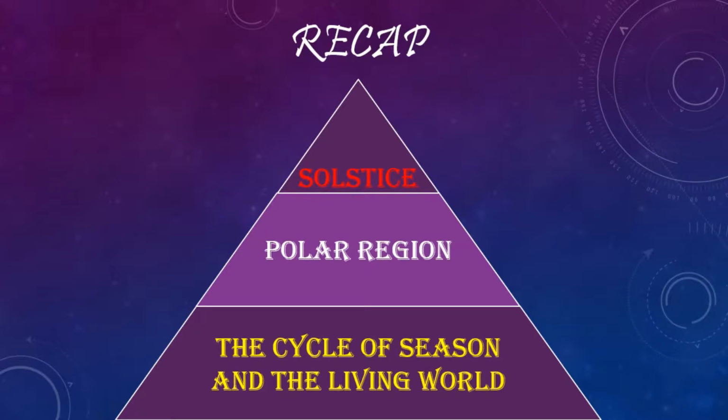Then we discussed the cycle of seasons and how it affects the living world. If the Earth's axis were not tilted, the seasons would not have occurred. It is the tilt of the axis that leads to the occurrence of seasons, change and diversity on the Earth. The living world on the Earth is affected by the cycle of seasons. Then we saw why birds and animals migrate. During extreme cold climatic conditions, when the food supply becomes scarce or insufficient, a number of birds and animals migrate.